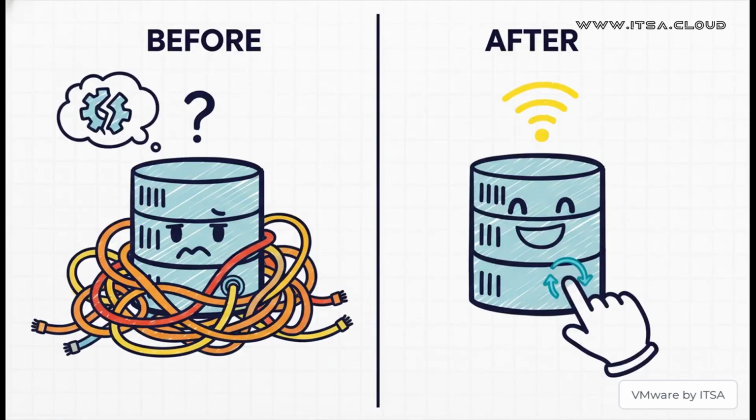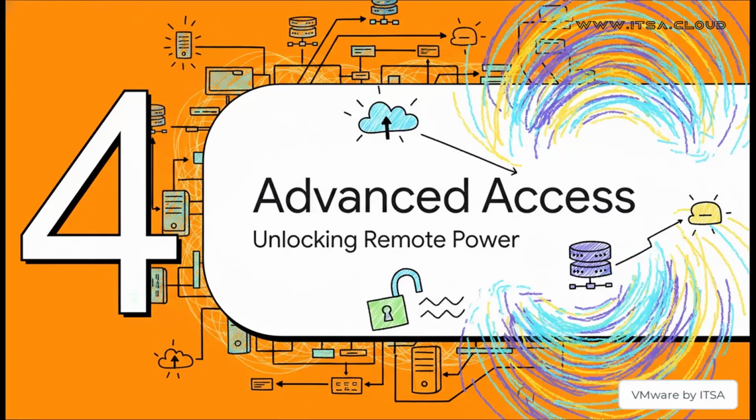Now, out of all these tools, you need to remember this one: Restart Management Agents. If your host ever drops off from vCenter or you just can't connect to it, this is your go-to move. It is, without a doubt, the turn it off and on again for your ESXi services. It solves a huge number of common problems, and you don't even have to reboot the whole server. It's a lifesaver.